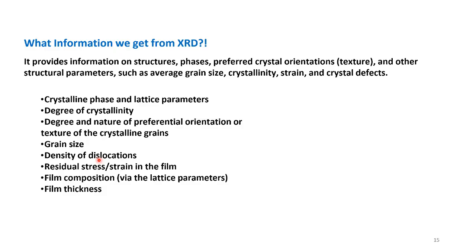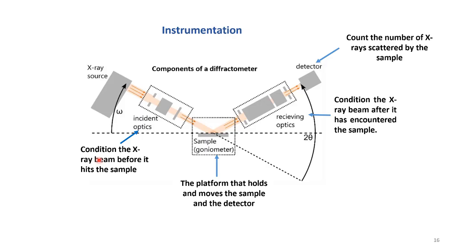Then information about the residual stress or strain, that also we can get, and the film composition via the lattice parameter, and also the film thickness, if it is very thick or less thick, or density also, those parameters also we can get. So coming to the instrumentation part,